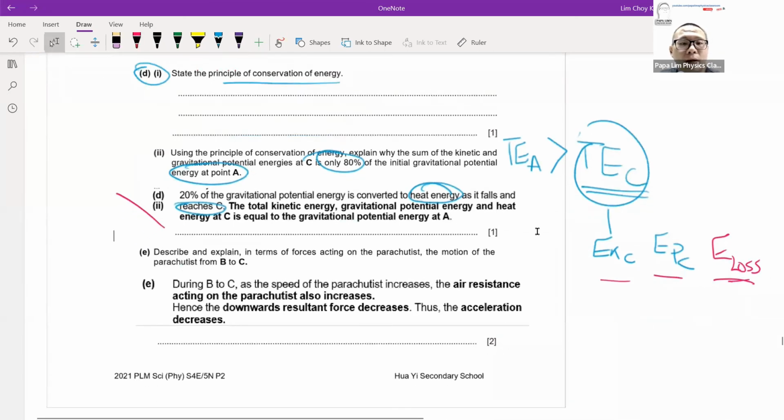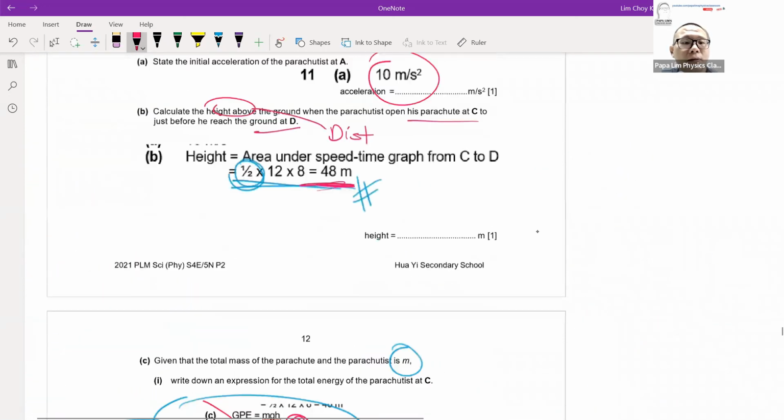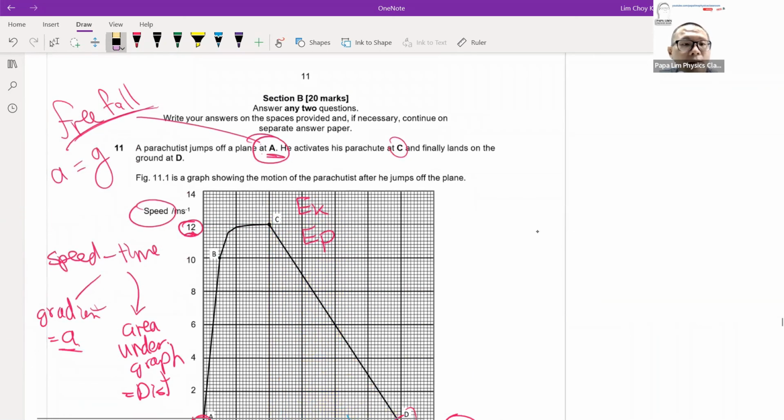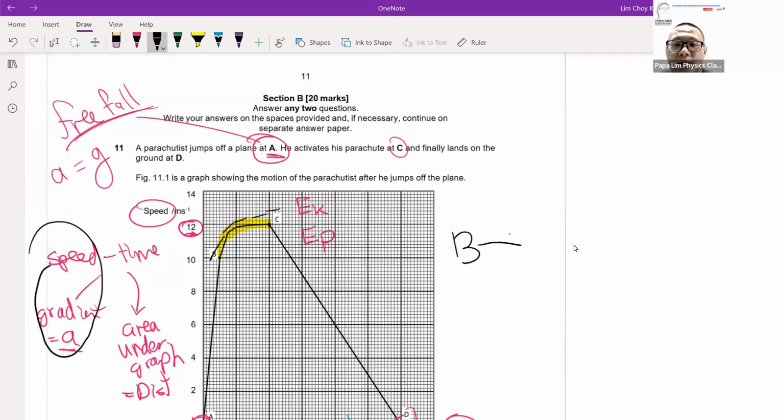Parachute, in terms of forces, the motion of B to C. Now B to C is these particular stages here. One thing for sure, if you look at the question, from B to C the gradient is actually getting gentler and gentler. So between B and C, if you look at it in terms of the speed-time graph, you'll find that the gradient is getting gentler and gentler,